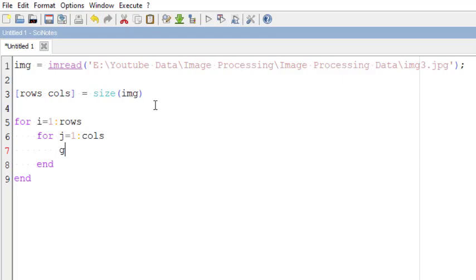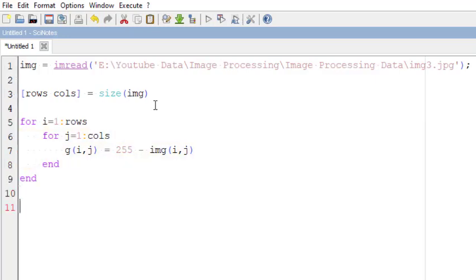Now calculate g of x y, that is your g of i j, your output image. To calculate the output image, the formula for the digital negative is 255 minus the original image gray level, that is your img of i, j. This is a simple formula which inverts the entire bit.